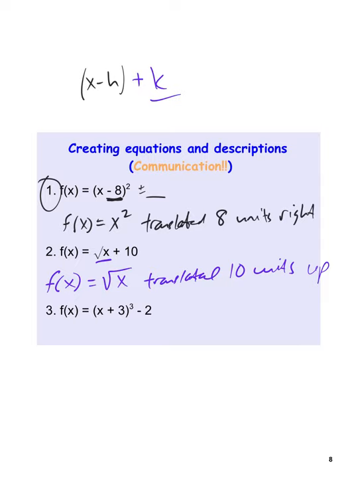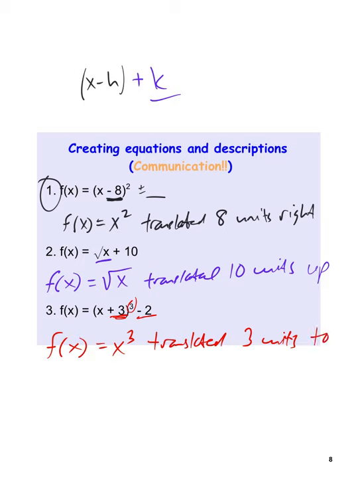The third one here, so the third one you can see was cubed to begin with. So the parent function here would have been f of x equals x cubed. And you can see on this one that there was both a horizontal translation and a vertical translation. So this would have been x cubed translated 3